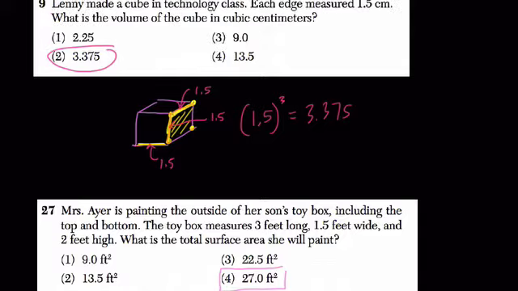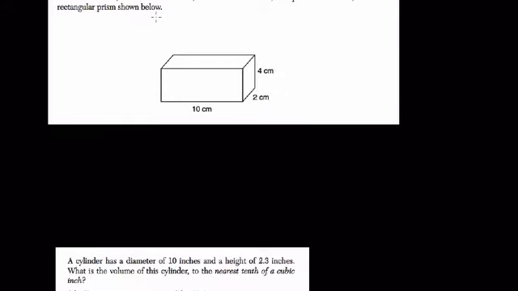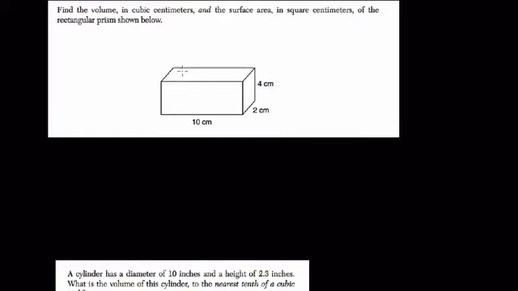Okay, let's keep going here. We have some more questions to look at. Okay, go to the next set. Well, here they want us to find the volume and surface area of this prism. So let's find the volume first. Volume equals 10 times 2 times 4. That's just the dimensions being multiplied. So that's 10 times 2, which is 20, times 4, which is 80, and you want to add your units here,